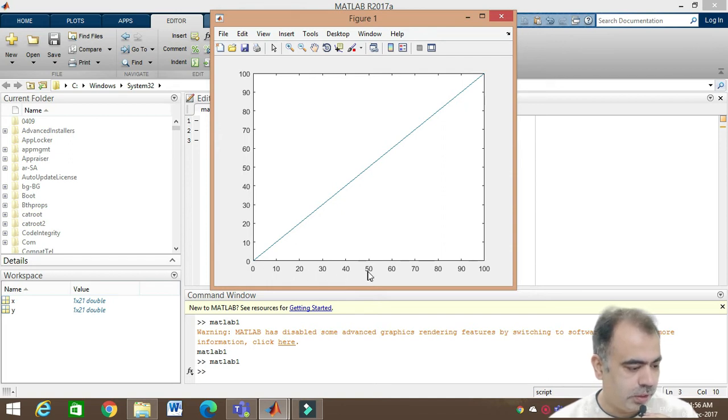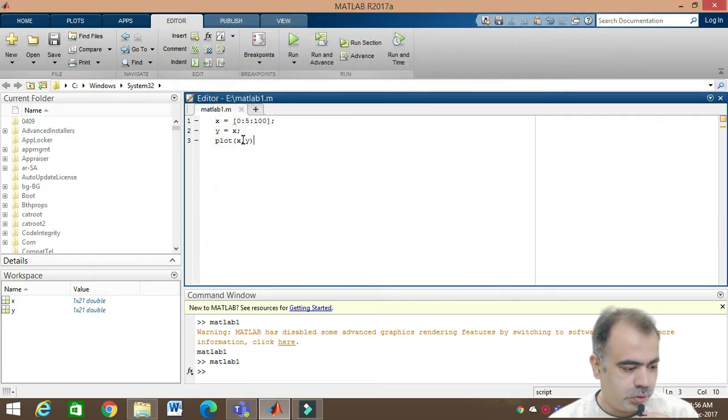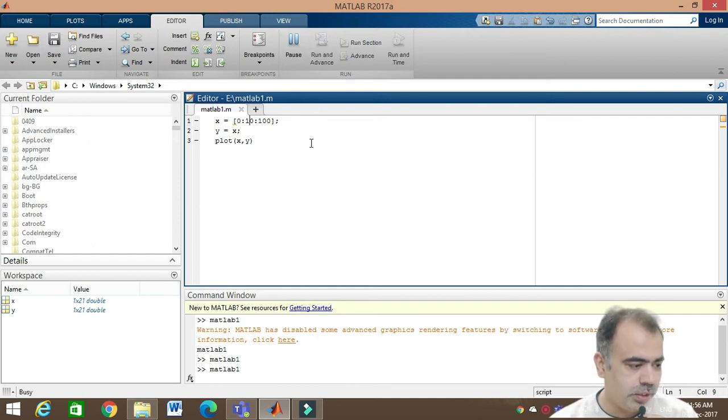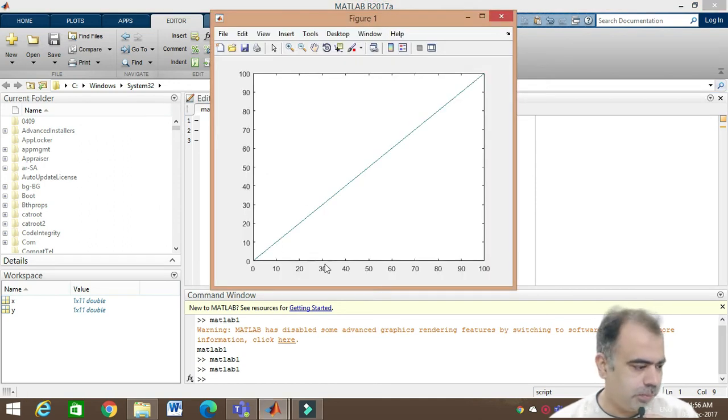There is one very important point I have to mention. Whatever interval you took, by default it will take a gap of 10: 0, 10, 20, 30. So whether you took 5 or any other number, you will always have the same graph. Let me take 10, and definitely the same graph will come once I run this.